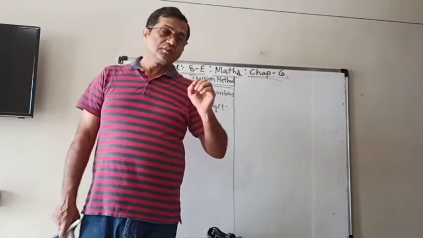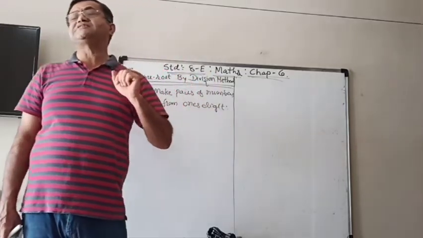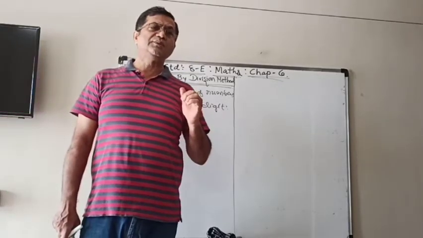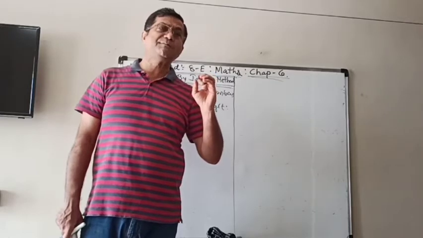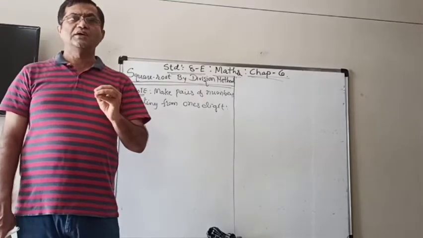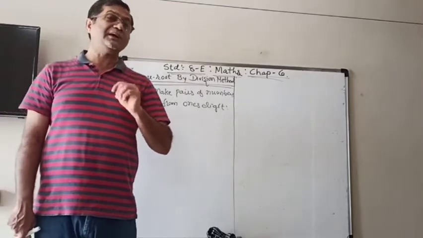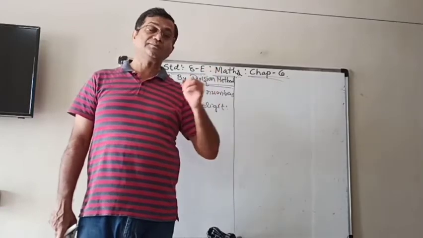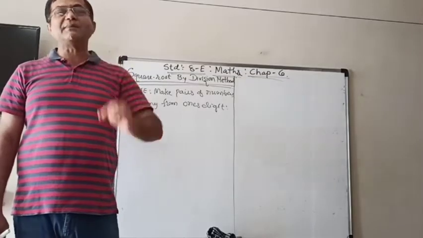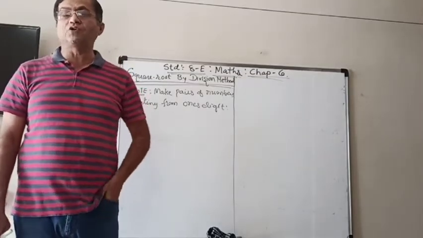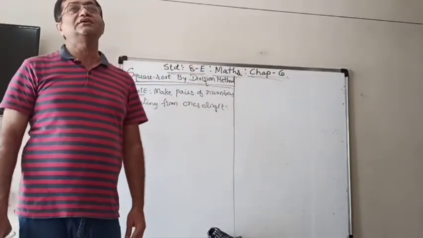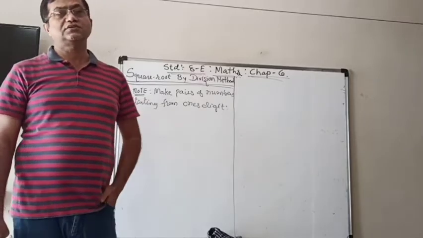a very much attention is required, because it is easier, but if you don't pay exact attention, don't try to understand properly, there is a chance that you will make mistakes. I will tell you when and how you will make mistakes. So if a number is a perfect square, and if you want to find the square root, this is a very shortcut method.